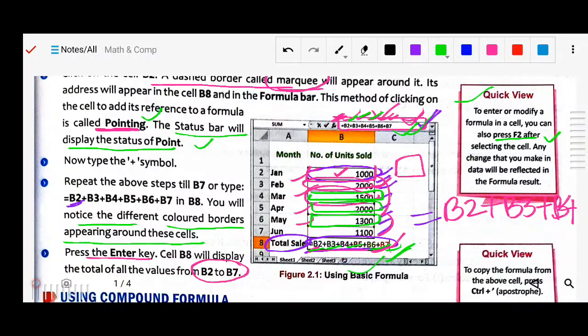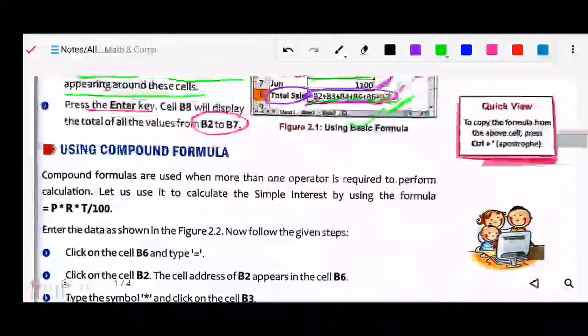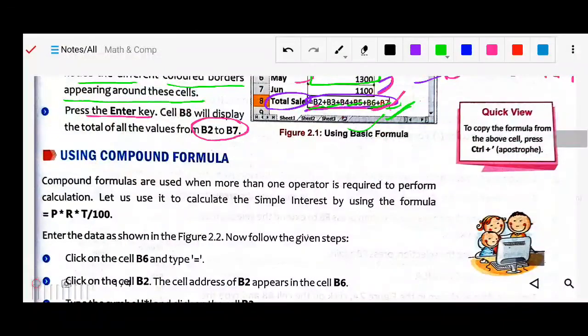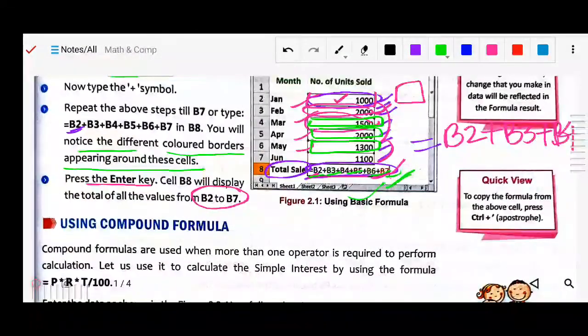Now next we will see using compound formulas. This is the simple formula, only plus is there. Compound means plus will be there, minus also, divide also, so that is your compound formula. Understood? Here is one more shortcut key. To copy the formula from the above cell, press Ctrl plus apostrophe.